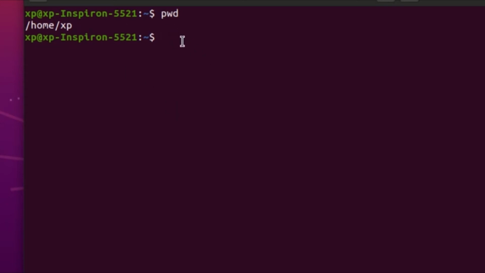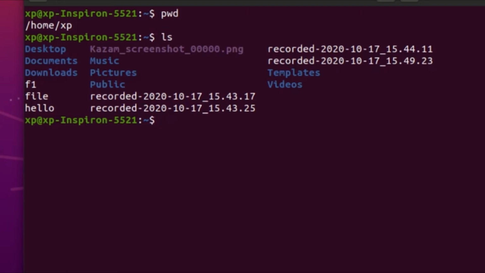Now the ls command is to display the contents of the current directory. Directories are nothing but folders, or containers to store files and subdirectories. Now it is showing the ls command output.